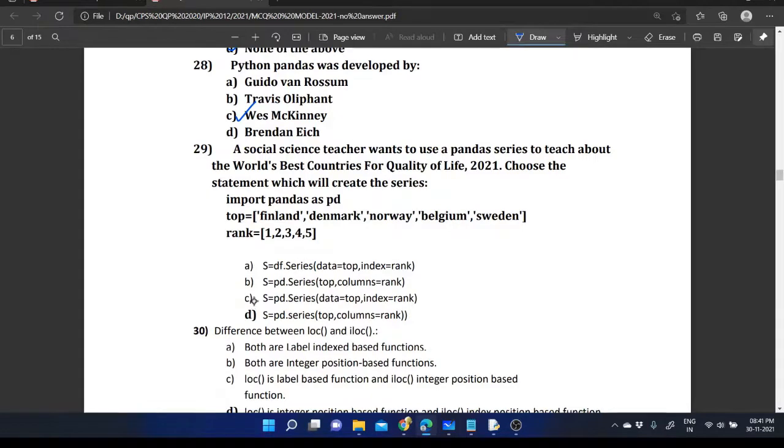Option C: s = pd.Series(data=top, index=rank). That's the correct answer.